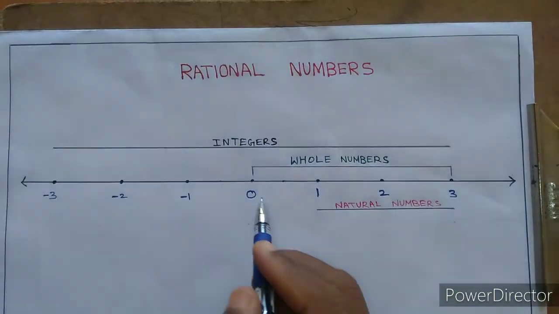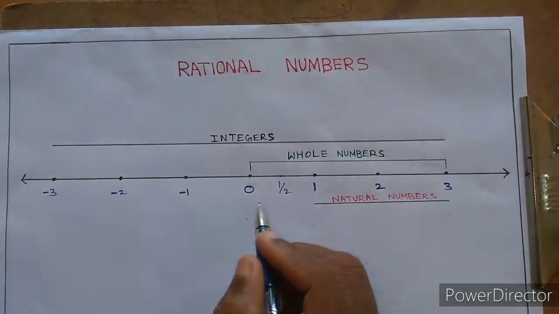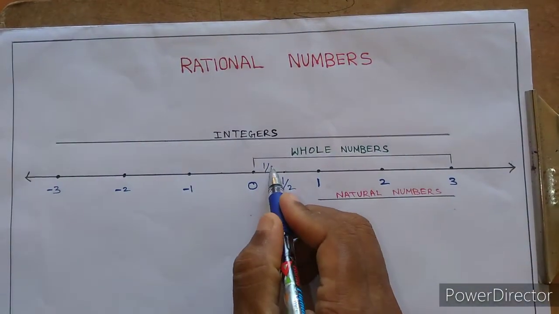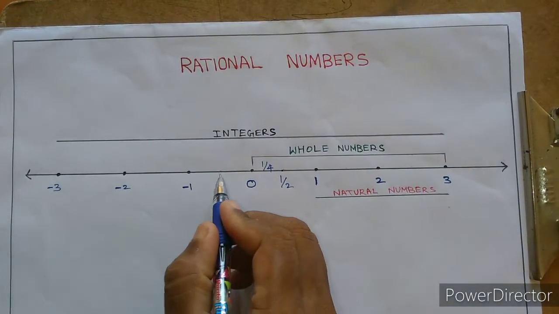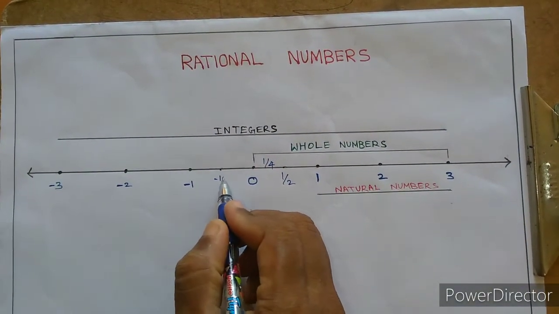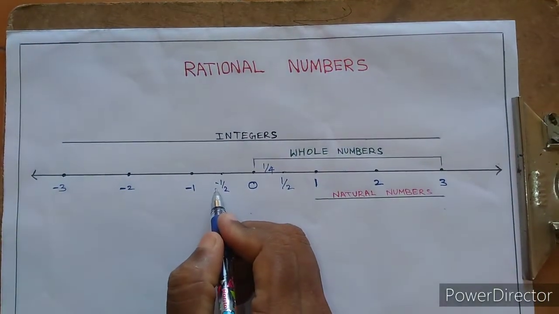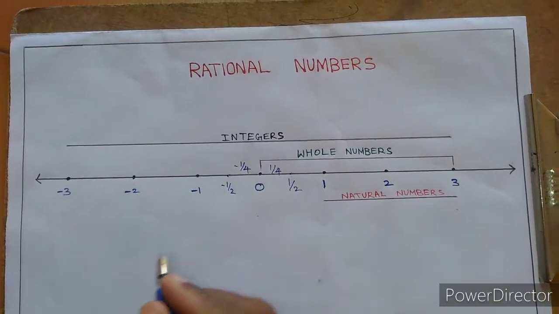We will mark 1 by 2 in between 0 and 1. Then 1 by 4 in between 0 and 1 by 2. Then minus 1 by 2 in between 0 and minus 1. Then minus 1 by 4 in between 0 and minus 1 by 2. Therefore,